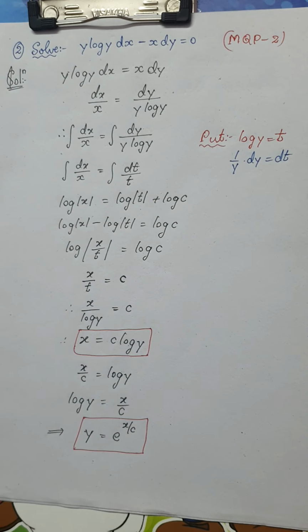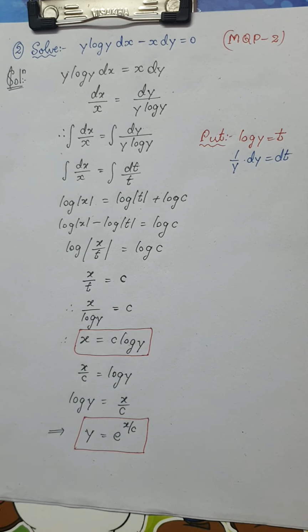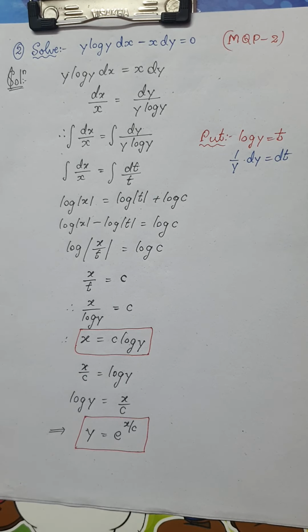Okay, is it clear? So these are the 2 questions given in 2 model question papers for your reduced syllabus on the basis of the variable separable method. Now there are further questions in your exercise on variable separable forms. Now we are going to solve them one by one. Are you ready? Yes, because the process is very simple.